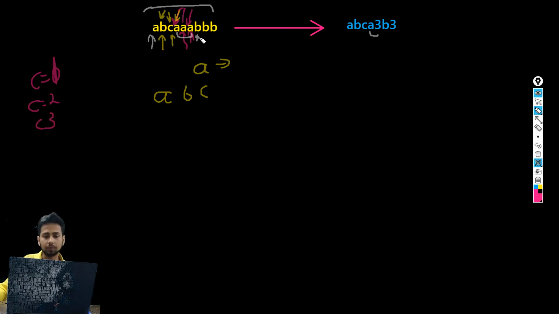Then what is going to happen? Once j reaches the very first b, a and b are not equal, which means we don't need to count it any longer. So we are just going to move the pointer of our a. Now we make I point to this b and j point to this b, and again we repeat the same step.